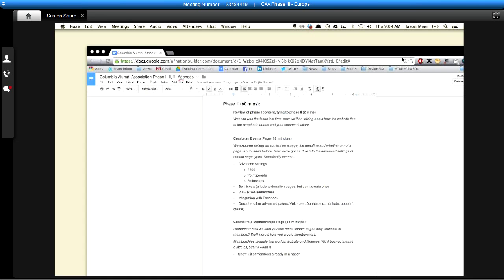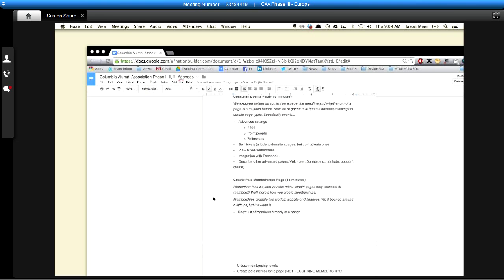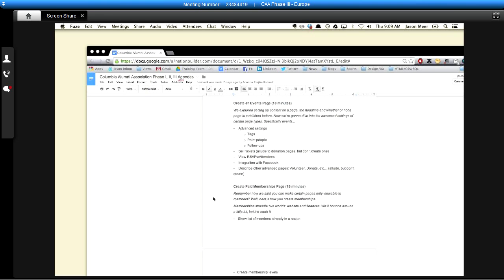So our full agenda for today, as I've mentioned previously, NationBuilder has many templates of different actions you can have members of your club take on your website. One of the most common ones that you'll probably all be taking advantage of is having folks RSVP for events. So we're going to go through the process of setting up an event page from end to end, where we'll include not really a discussion of how to add content, because theoretically we're up to speed on that from phase one,